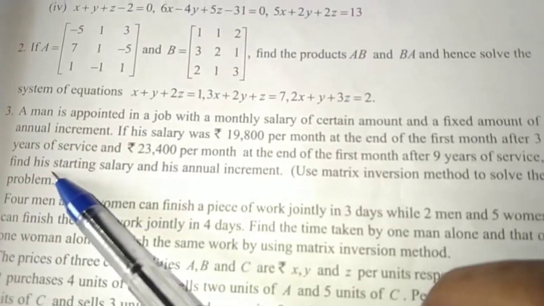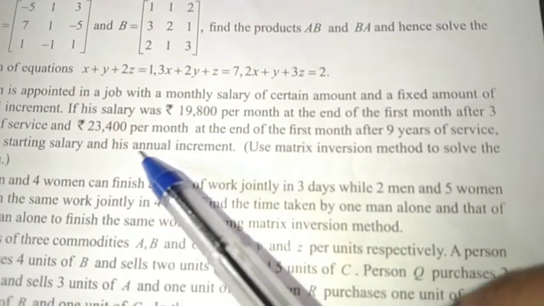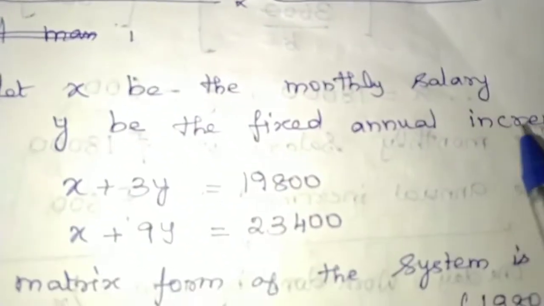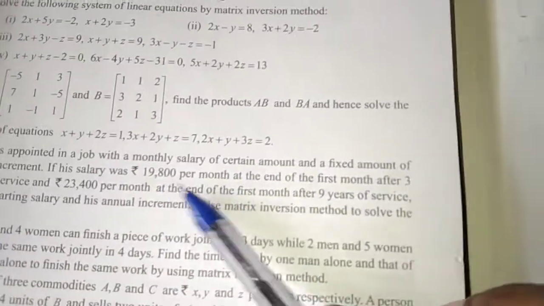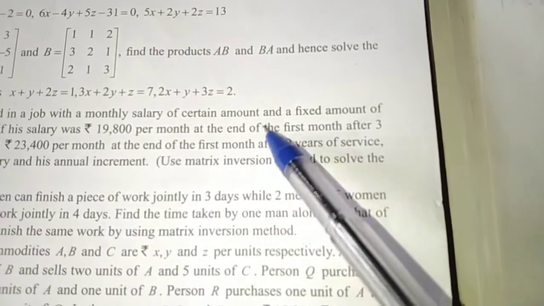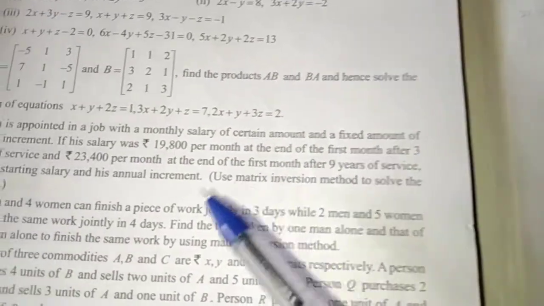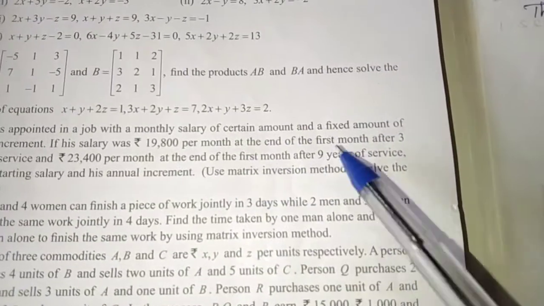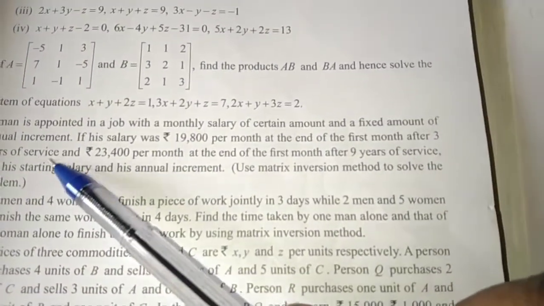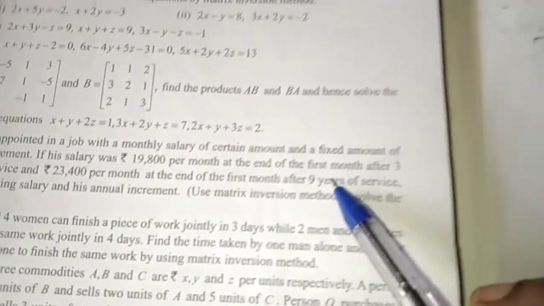I will take starting salary equal to x and annual increment equal to y. Let x be the monthly salary and y be the fixed annual increment. Here his salary was 19,800 per month at the end of the first month after 3 years of service. That means first month salary, I will take 1x. After 3 years of service means increment for 3 years, 3y. x plus 3y equals